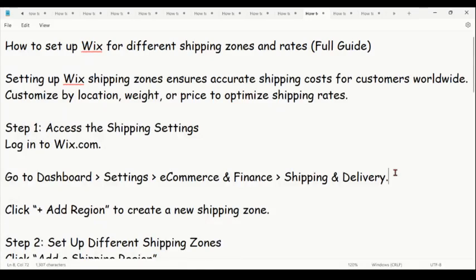In this video, I'm going to walk you through how to set up Wix for different shipping zones and rates. Setting up Wix shipping zones ensures accurate shipping costs for customers worldwide. In this video, I'm going to walk you through a step-by-step guide on how you can simply set up Wix for different shipping zones and rates. So let's get started, and make sure you watch the video to the very end so you don't make any